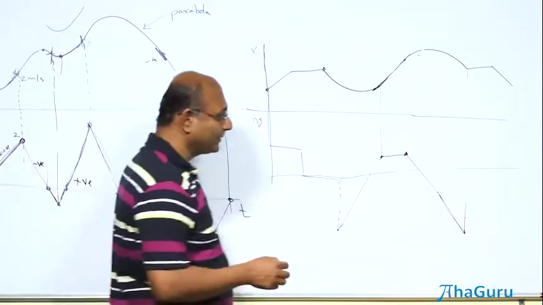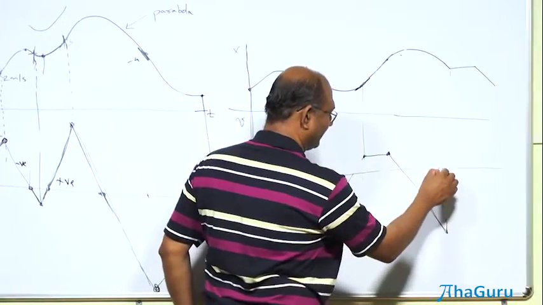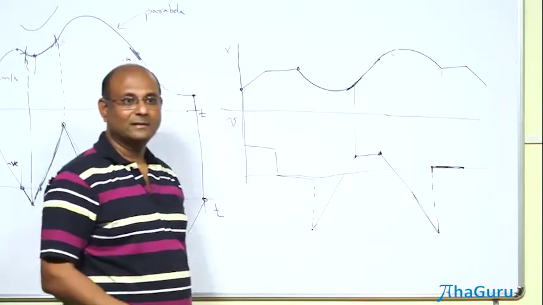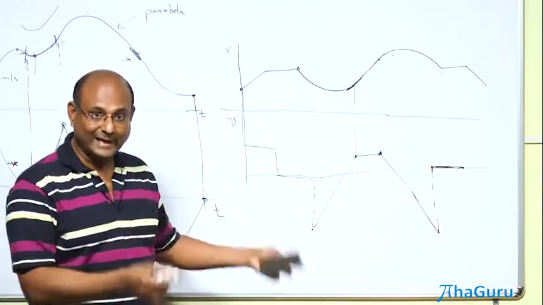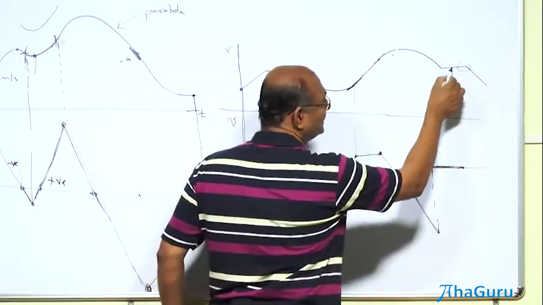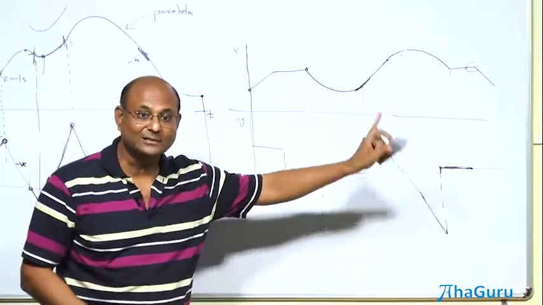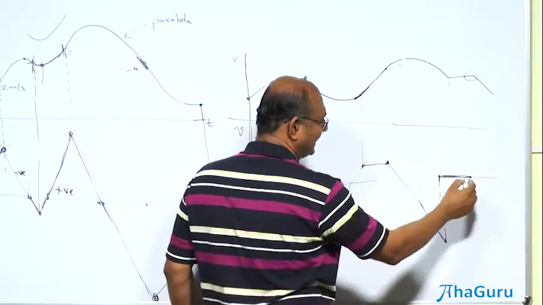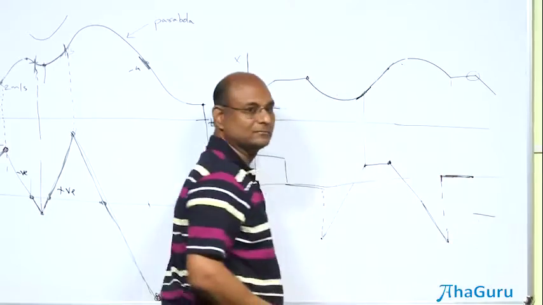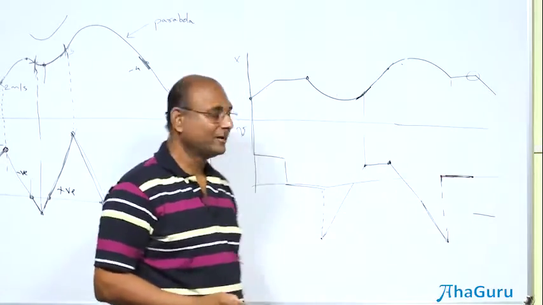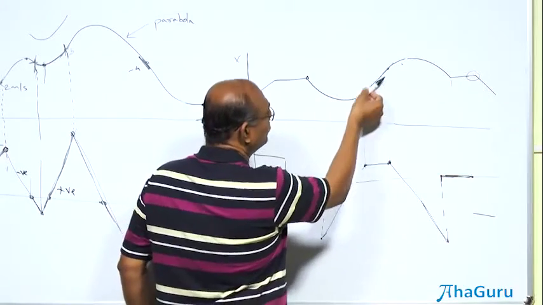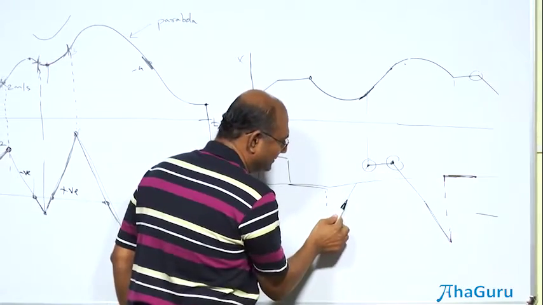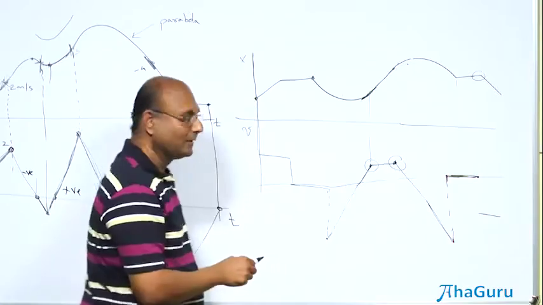Then suddenly, what has happened to that object? It has come to rest. So what has happened to the velocity? This velocity goes here, becomes 0 till this place. And then the velocity becomes negative again suddenly. Every time there is a sharp change, there is a jump in the velocity curve. So if there is a sharp change, this 0 becomes negative, let's say like that. But then that's a straight line, but there's a sudden jump. Whenever this thing turns around smoothly, this will have sharpness, but you can see that this was like that and it didn't jump. Whereas here it jumped.